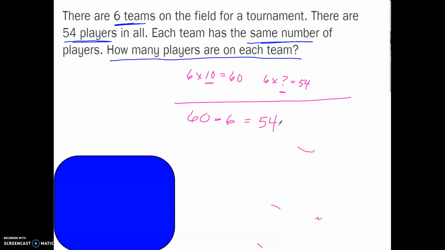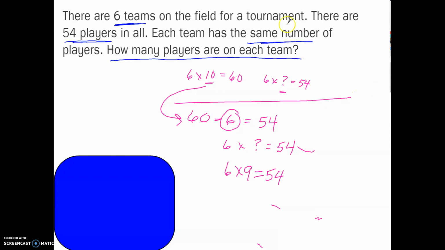So that means I can think of 6 times what number is 54. Well, I had 10 groups here, but I took away a group. So I'm not using 10 groups, I'm using 9 groups. So 6 times 9 equals